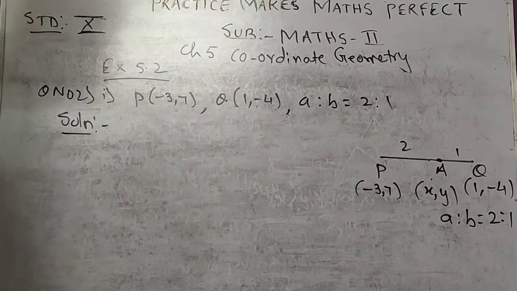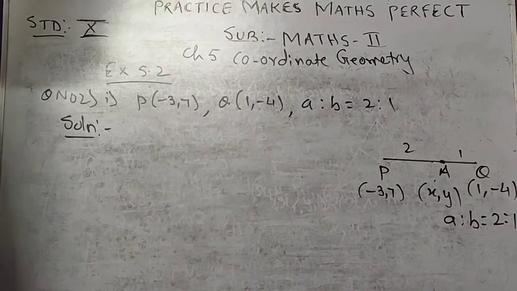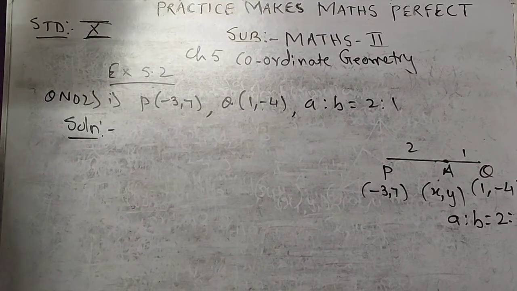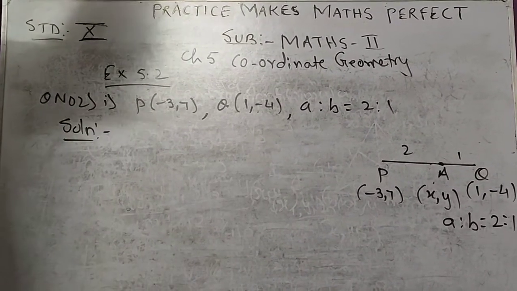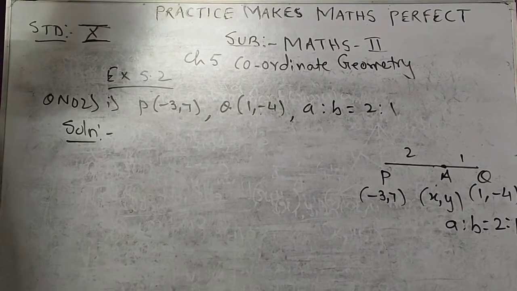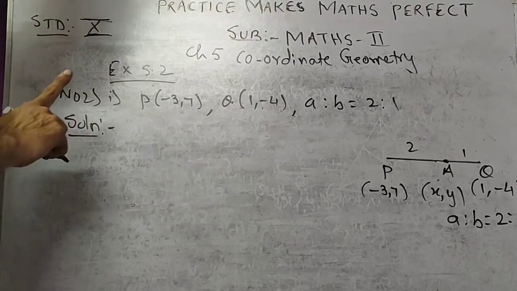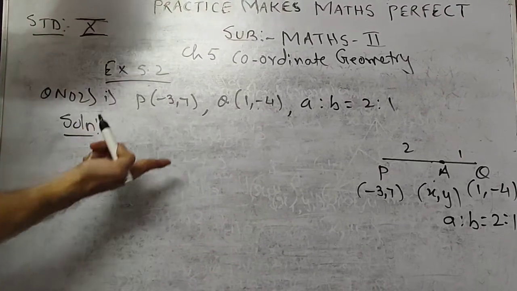Okay, now come to question number 2. Question number 2 is also the same. You have to use the section formula. There are a total of 3 sums related to that. So one sum only I will show you, because it is just like the first one, how we have solved, and I am showing you the second sum.